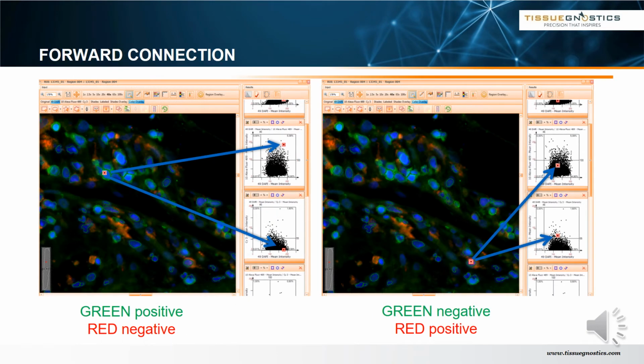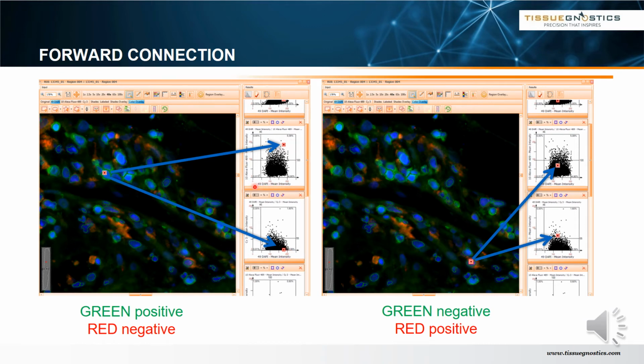One of the features that our clients around the world appreciate most is the ability to track back and forth individual cells in the virtual slide and the corresponding dot in data space. So whenever you click a cell in the image in the virtual slide, the corresponding dot starts blinking. So you will know exactly where this cell is located.